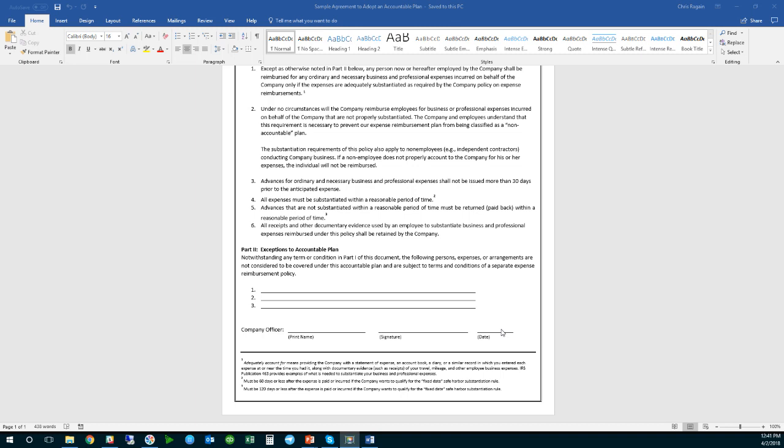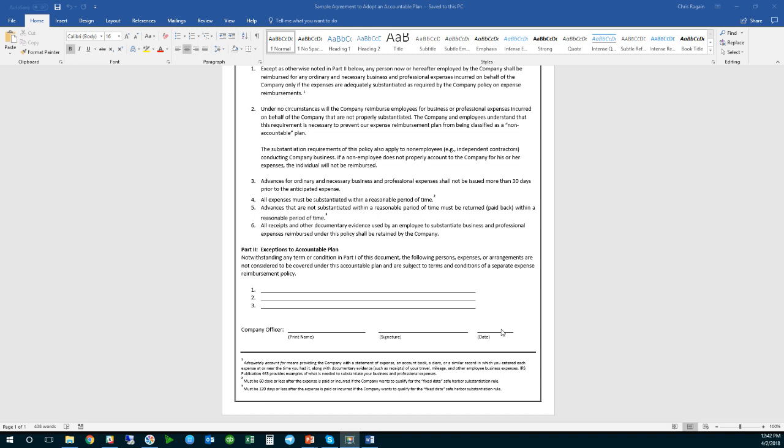If you want to have the client sign this, we provide these to our clients as part of the onboarding process. You remember from onboarding, there is an email that goes out that has this template in it, and we say fill this out if you're doing your own accountable plan. If you're hiring us to do it, which I'm going to get into in a little bit, we make sure that they fill it out and we keep it, and we move on.